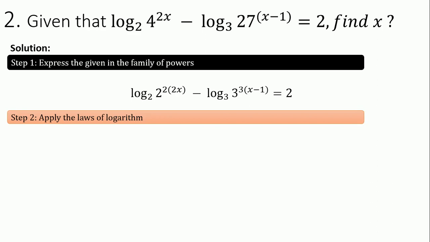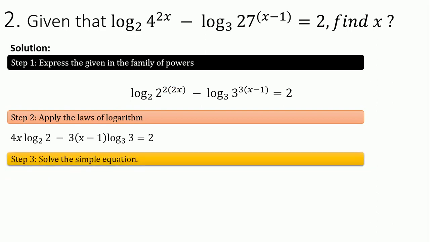When you apply the law of logarithm, do not forget that the power here can come down and we have 4x log 2 base 2 minus (3 raised to power x minus 1) log 3 base 3 equals to 2. And you can see that here. So doing this, you can now apply